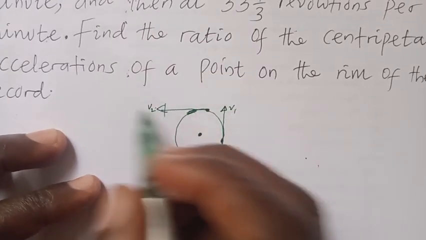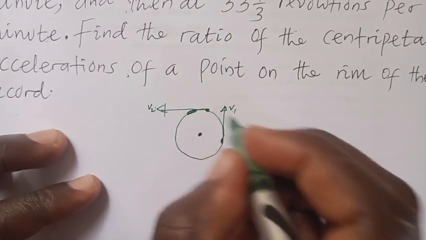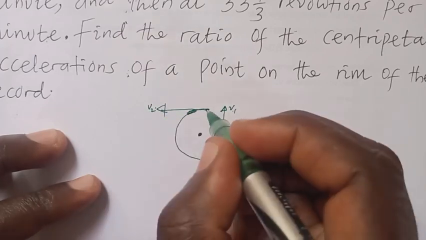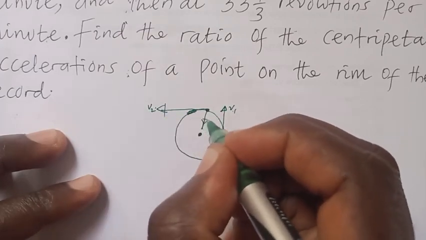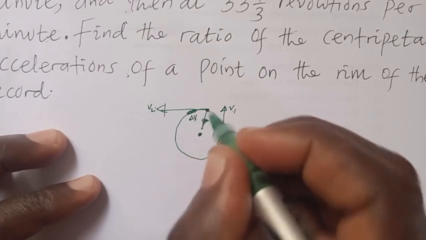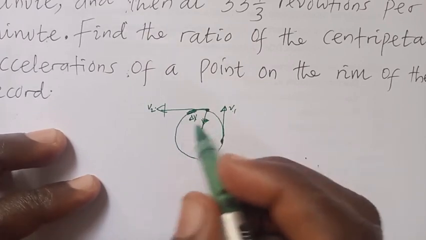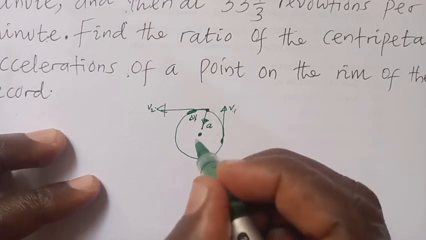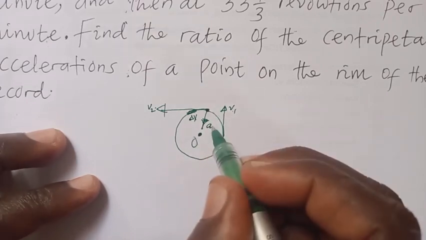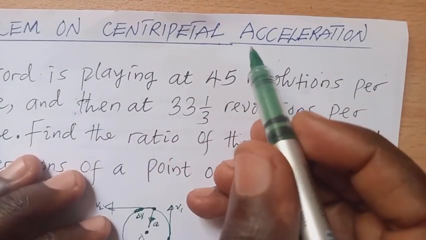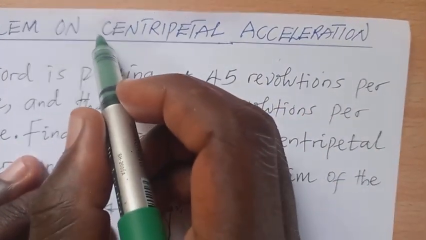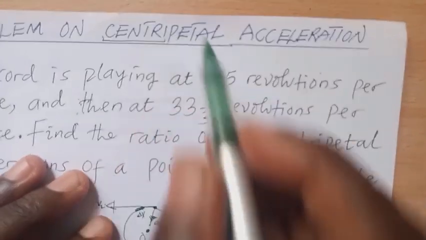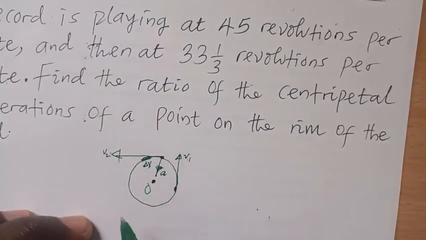Now the change in this velocity, the change in v1 and v2, is directed towards the center of the circle, delta v, and due to this change in velocity you have an acceleration also directed towards the center of the circle. This acceleration, we call it centripetal acceleration. The reason for giving it the name centripetal is because it is directed towards the center of the circle, and